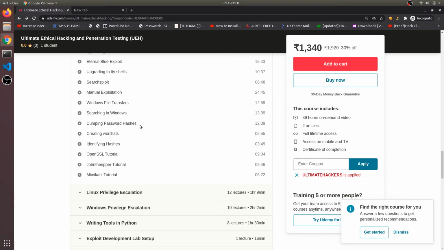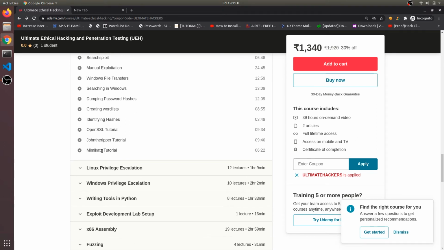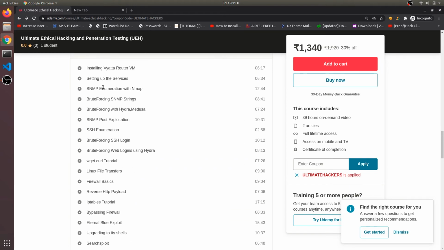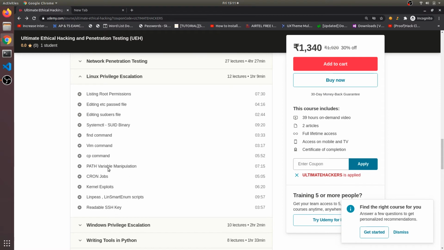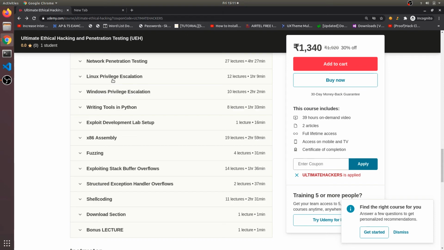You can see we dump the hashes, and we try to crack them using John the Ripper. And we also learn about Mimikatz. So this is about network pen testing and Linux privilege escalation. And you should know, if you get a basic reverse shell, you need to escalate your privileges to the root shell. So these are the various techniques you can use to escalate your privileges in Linux,